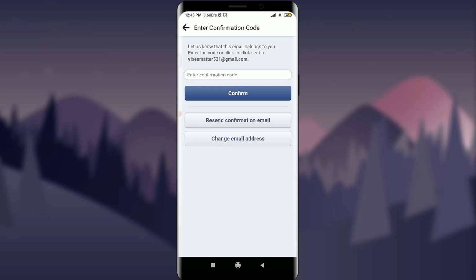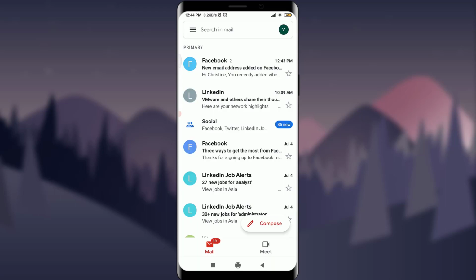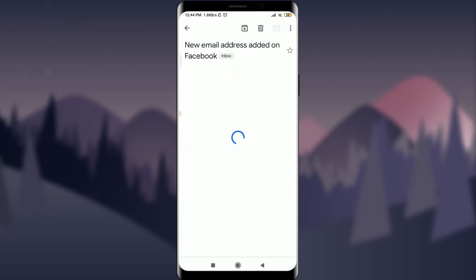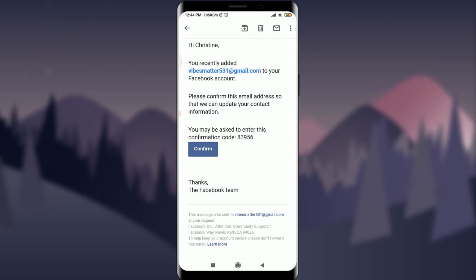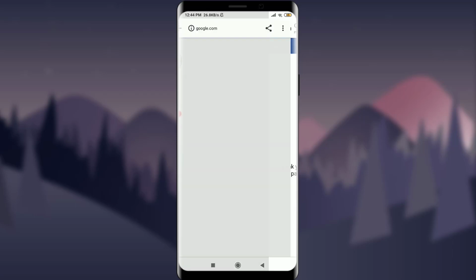Go to your email address and check it. I'm gonna do it. You can do the same. So I am onto my email address and that's a notification from my Facebook itself on the top. Tap on it. Tap on Confirm below confirmation code. Or you can go back